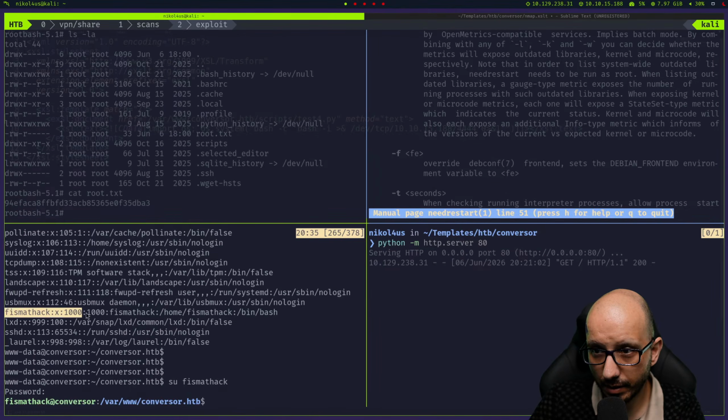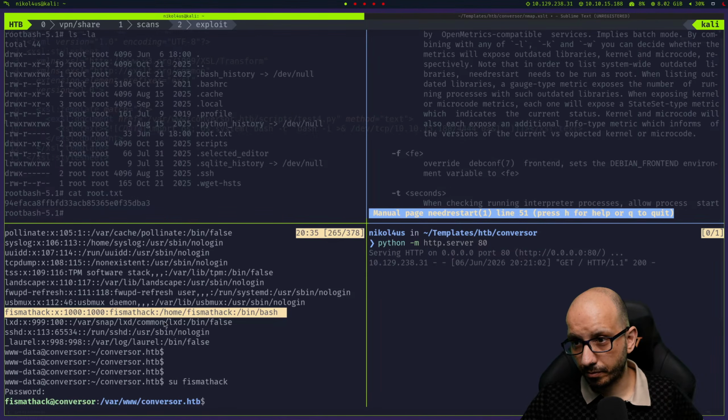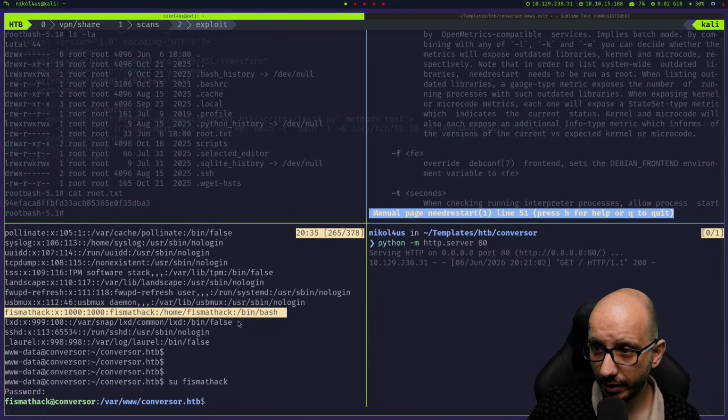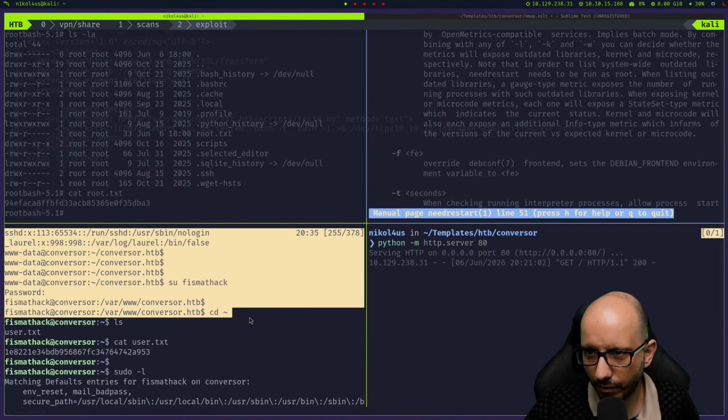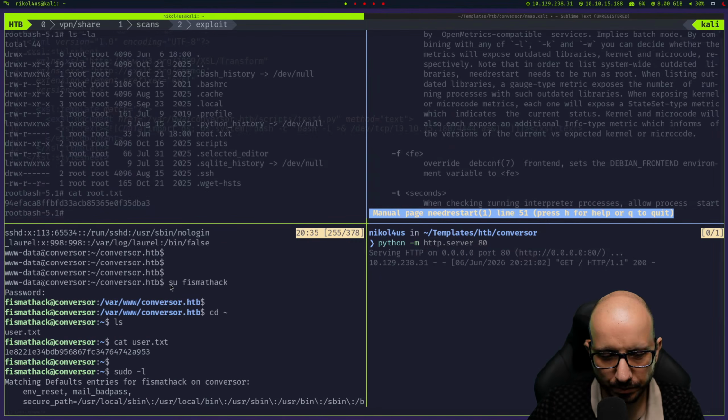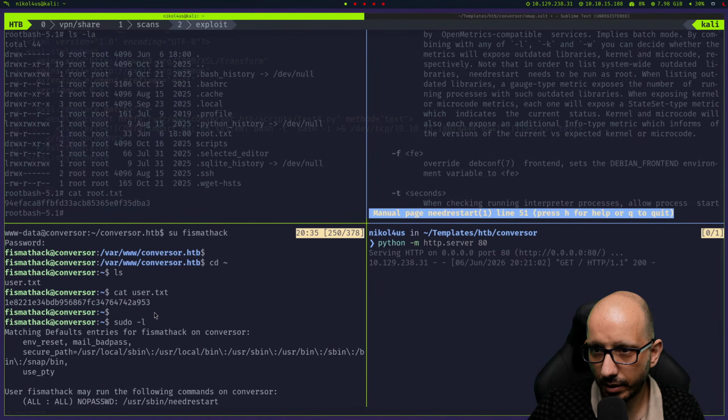Here it is. So it has a home folder, and we can log in with SSH, or we can change to sudo this user. What we did actually, we know his password and we just logged in as that user, and then we get the user